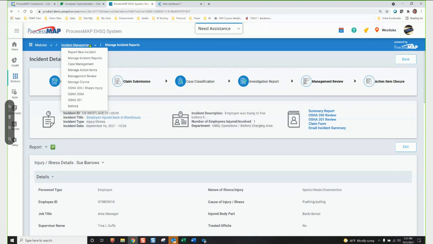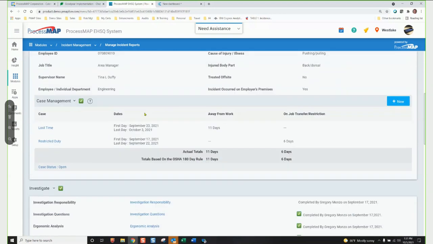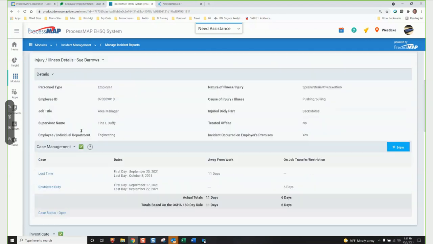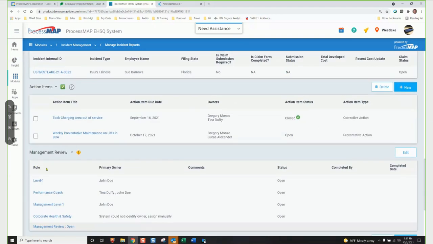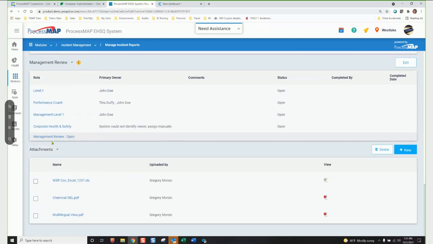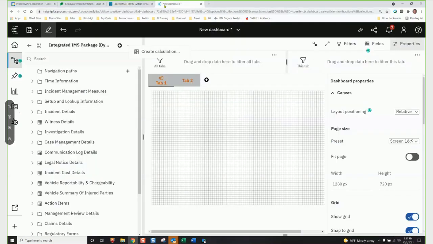For example, I'm in incident management. The main form, the main field is the incident management detail area. So incident management detail summary, this is where I'm going to find all the data items that I have in my forms, whether it's detail section, case management sections, investigation, claims, action items, management review, attachments, and so forth. So if you look here, you have incident details, goes into witness details as well. That wasn't a separate form, but it's a different data set, data table. Investigations, case management,